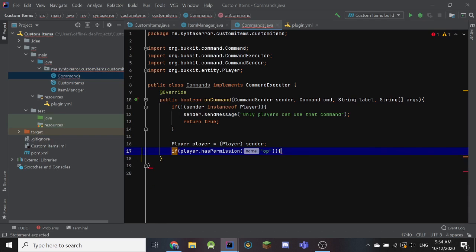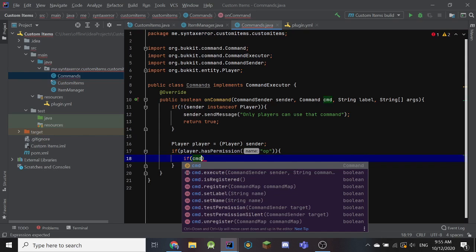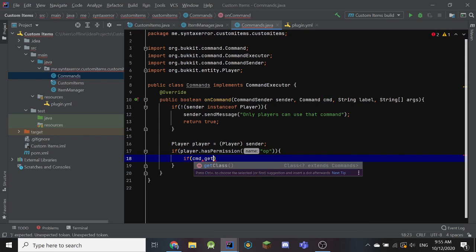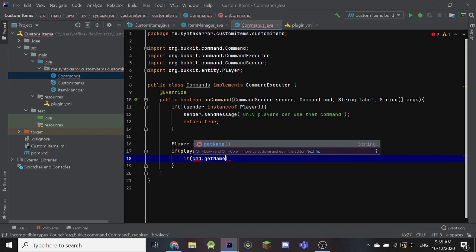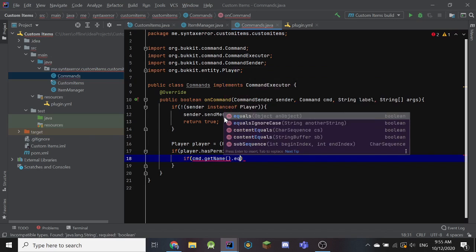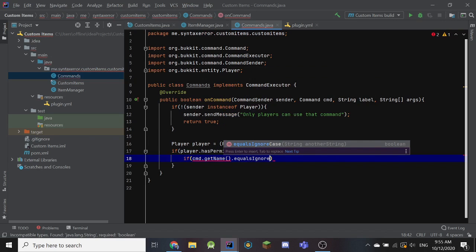If he's op, then we will be able to give him the grappling hook. If he's not op, then we say you do not have permission to run this command, which we'll do in a while. So if cmd.getName().equalsIgnoreCase